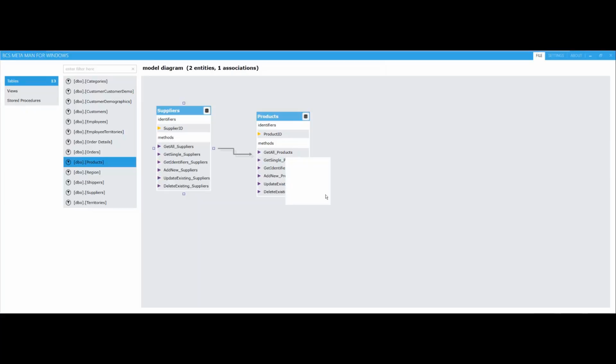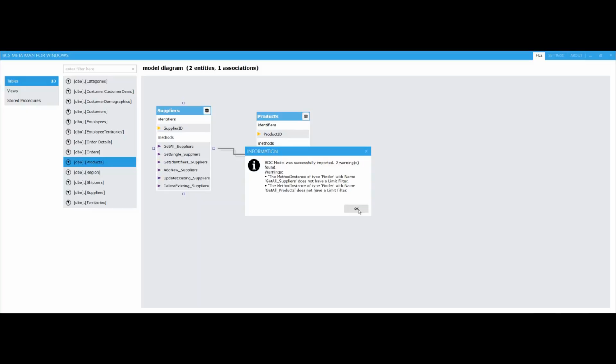Now this will moan about creating a limit filter, which we've not touched on yet. So we can go through and set limit filters and things like that on the data. So you just get a little warning saying you didn't create a limit filter. It's a good idea to create a limit filter. So that's busy deploying. And then we'll have a look at some of the other options. So yeah, there's the warning about limit filter, but either way we will have in SharePoint